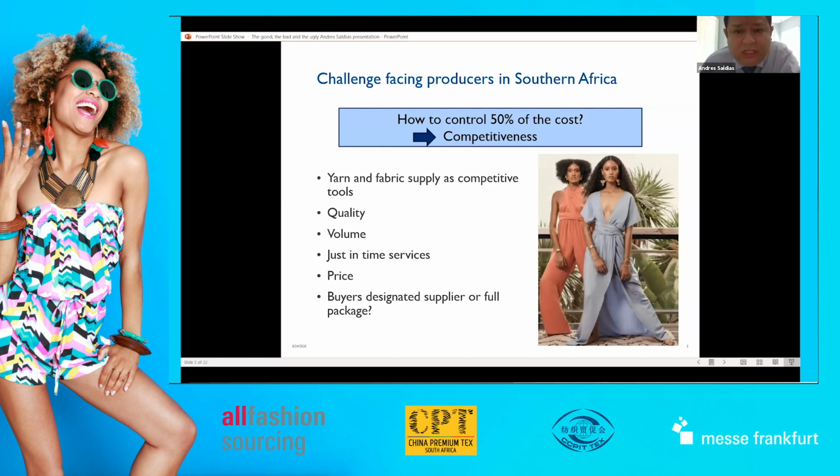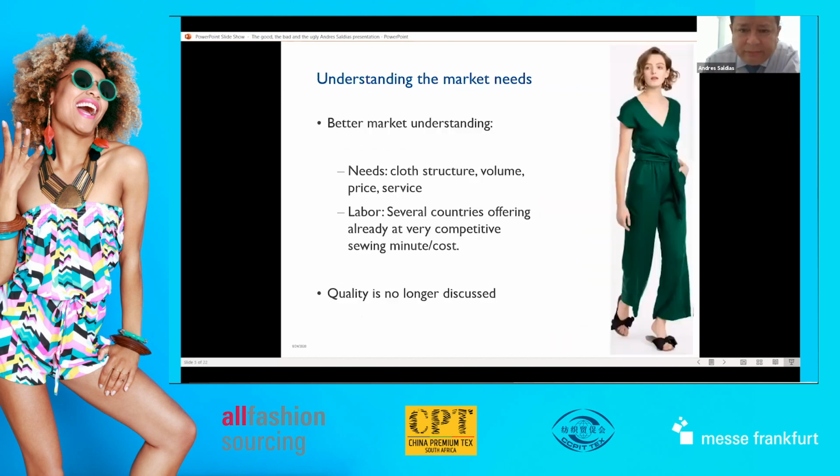I do see great opportunities in Africa because I've been witness of what I call regional value chain. I've been seeing cotton from Tanzania being shipped to Mauritius. Mauritius is going to need it and send it to Madagascar for cut and sew. I've seen Uganda cotton shipping to Ethiopia, and Ethiopia has already installed textile mills in knitting and woven, and they are producing their own fabric in the region. And that's the most important factor for a buyer to choose a factory: that you are able to provide also the fabric. That's a competitive factor in this arena.